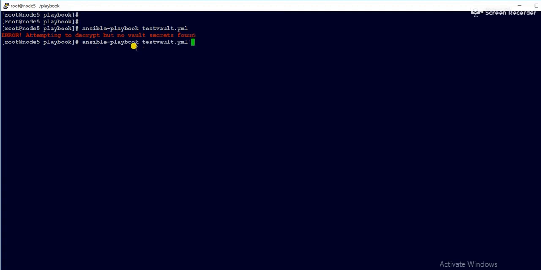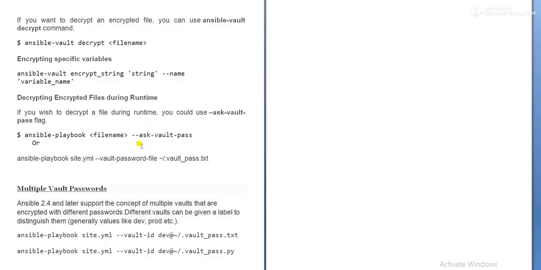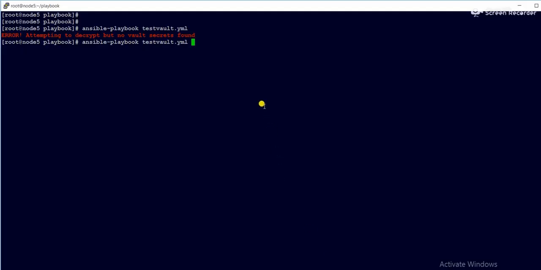We need to pass a parameter called --ask-vault-pass. We copy that parameter and pass it, and now it is asking for the password.